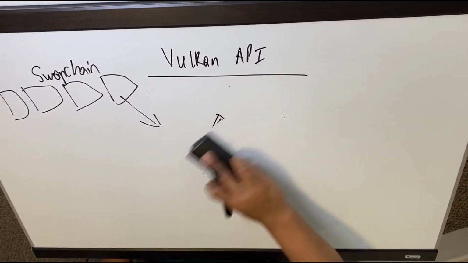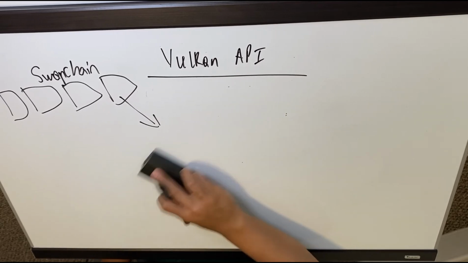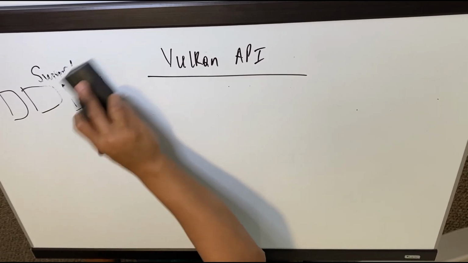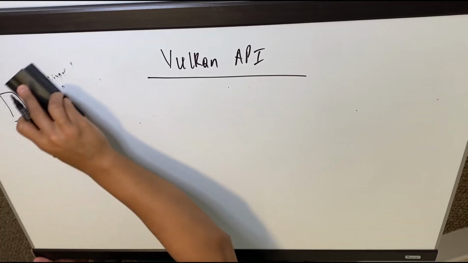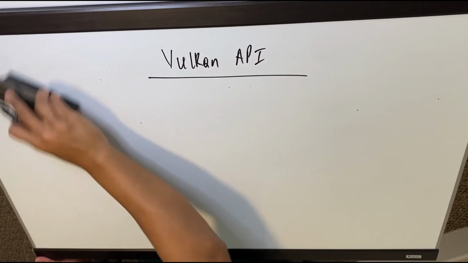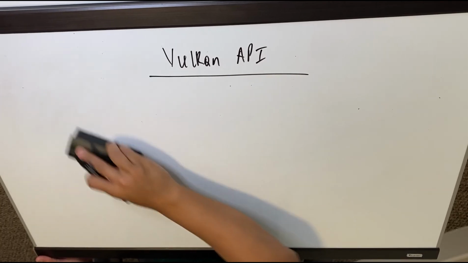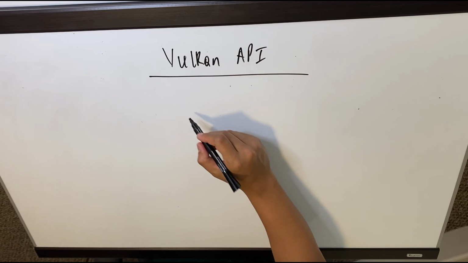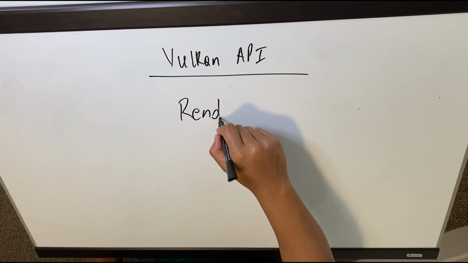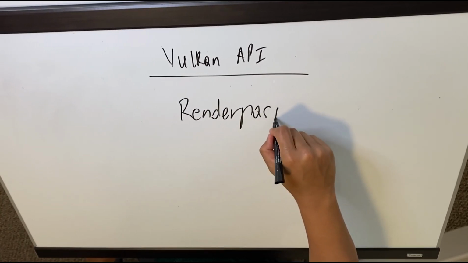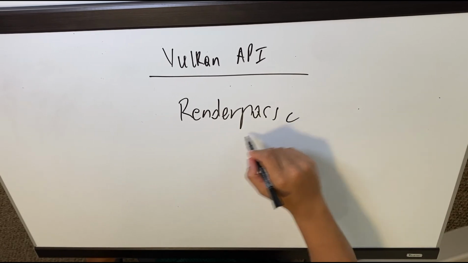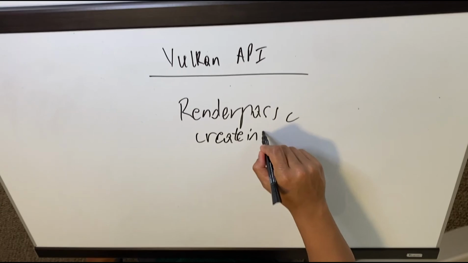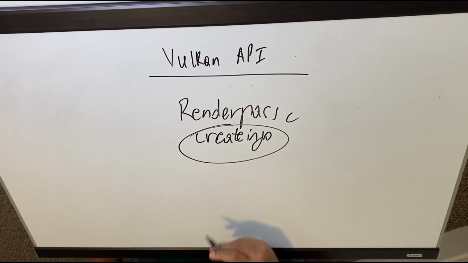Now, when you're declaring the render pass, it's standard Vulkan fare. It basically is driven by a thing called create info. So render pass create info kind of thing. So you have this create info construct, and Vulkan